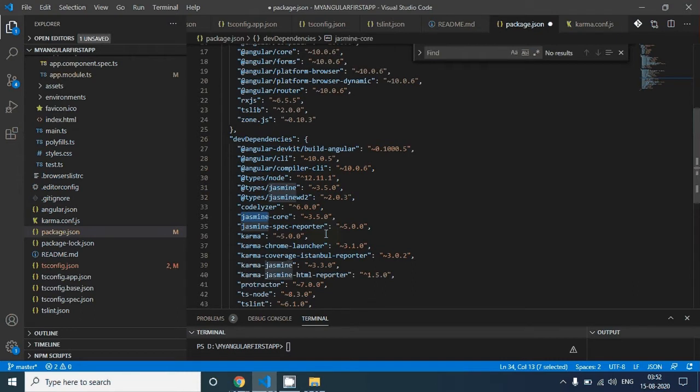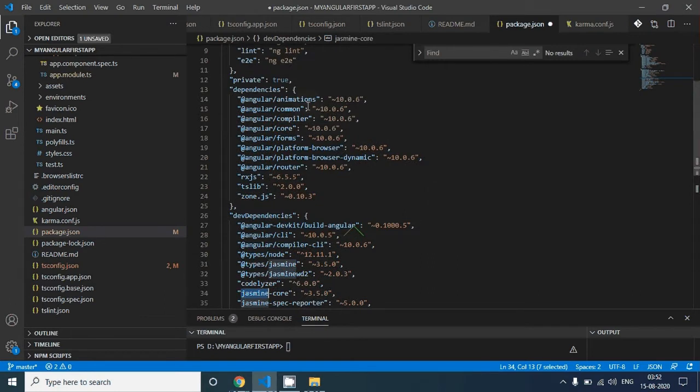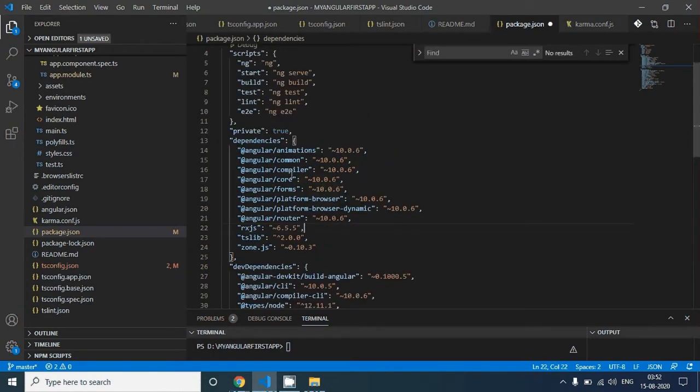These are the testing tools that we require only at the time of development, right? We don't require these tools in our production server. And these dependencies are the ones that we need in our production server to run our application.